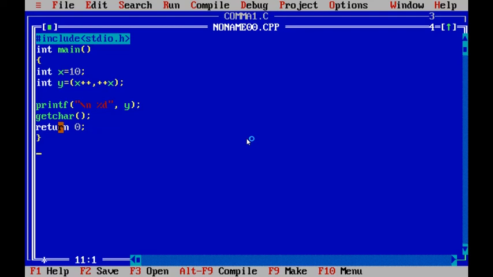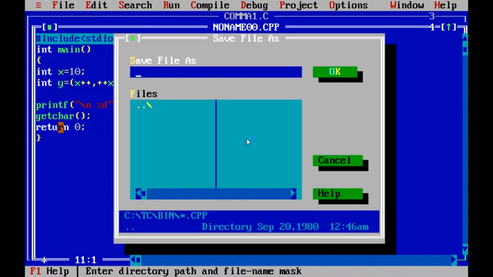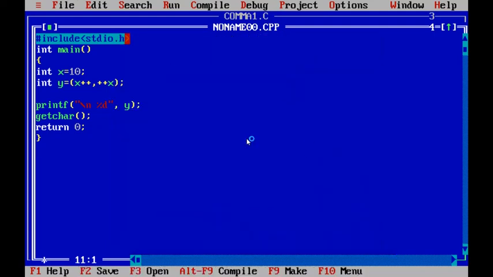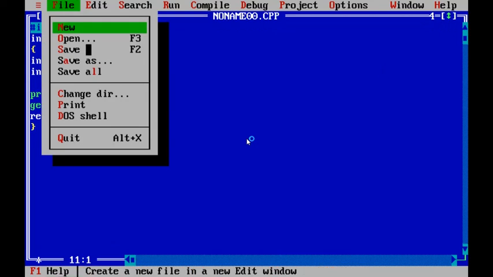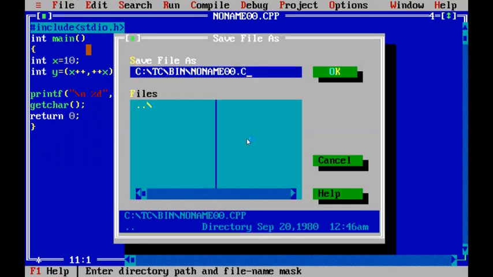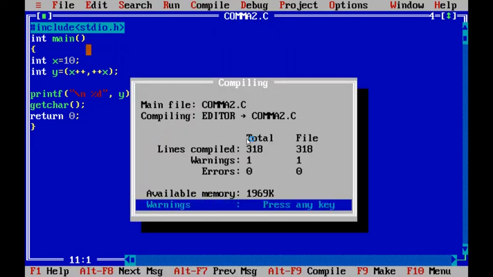Now save the program. Compile the program.